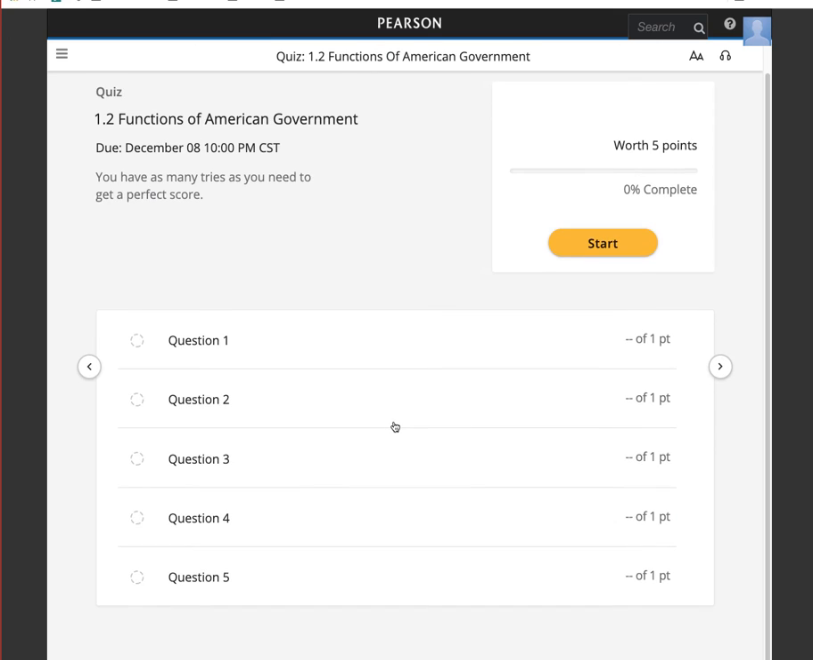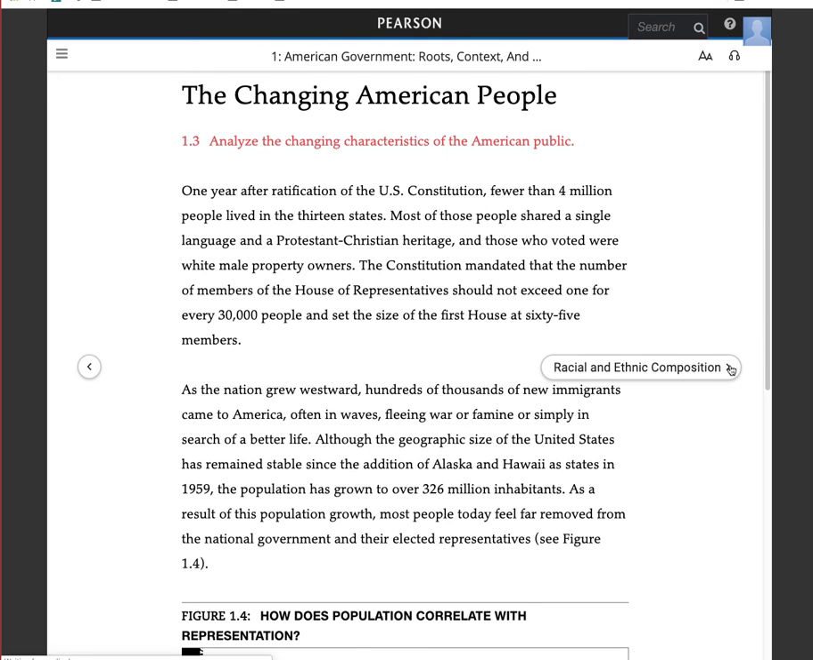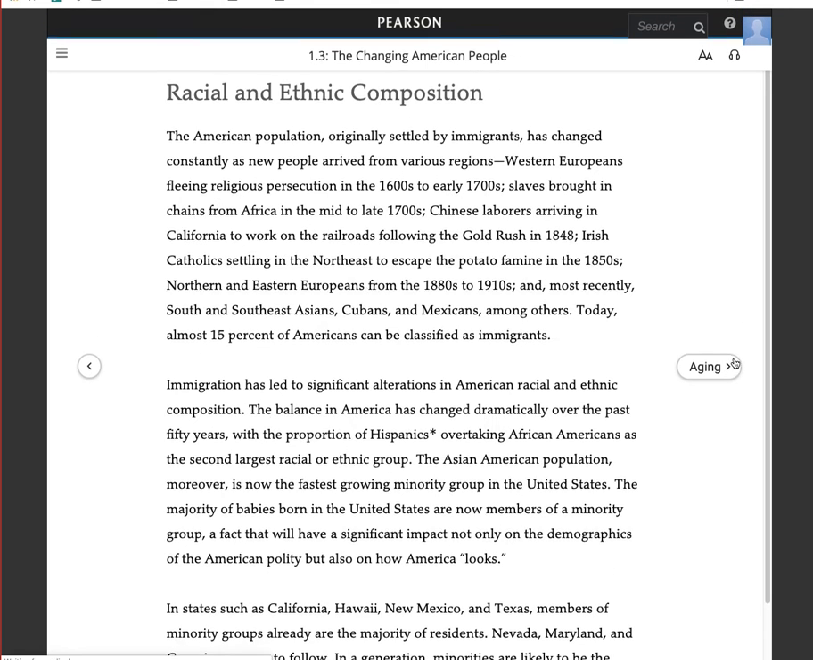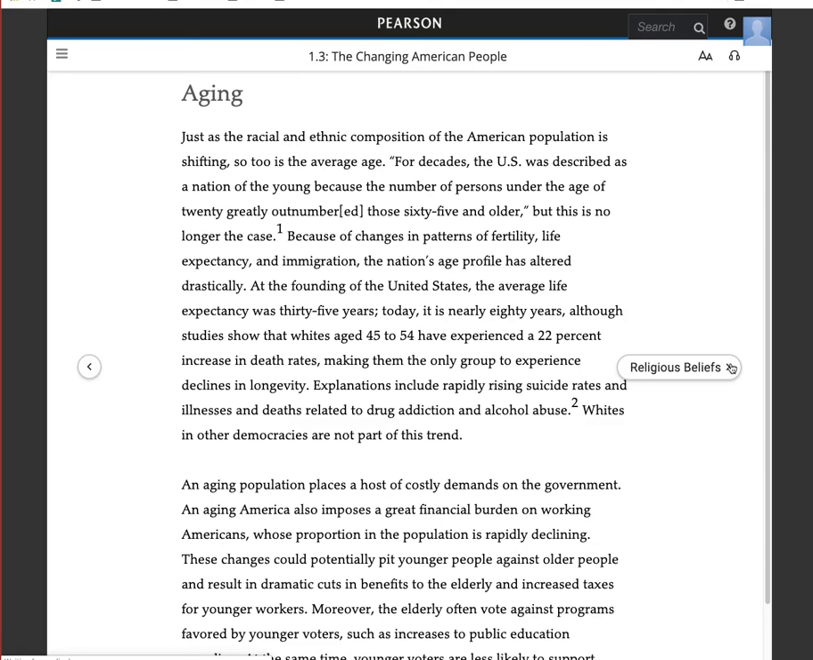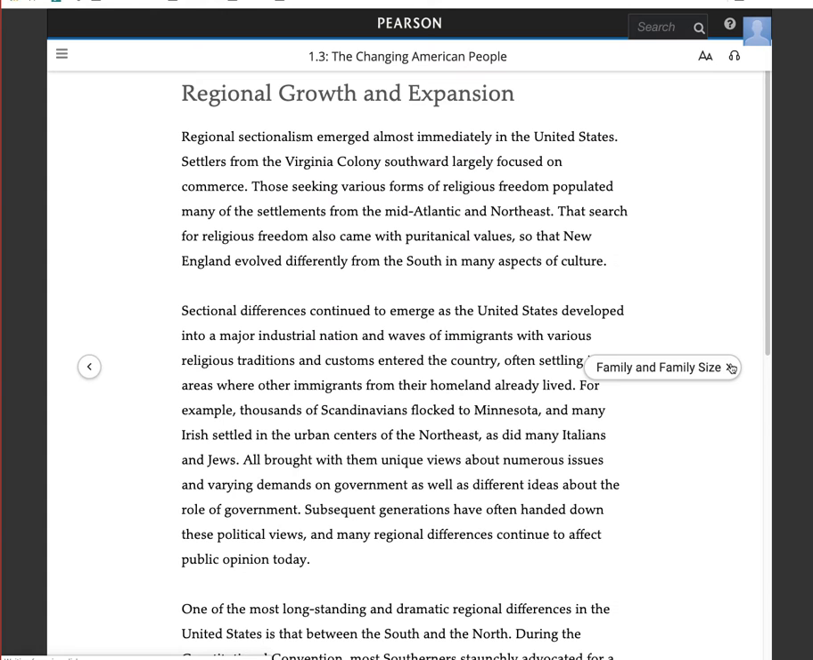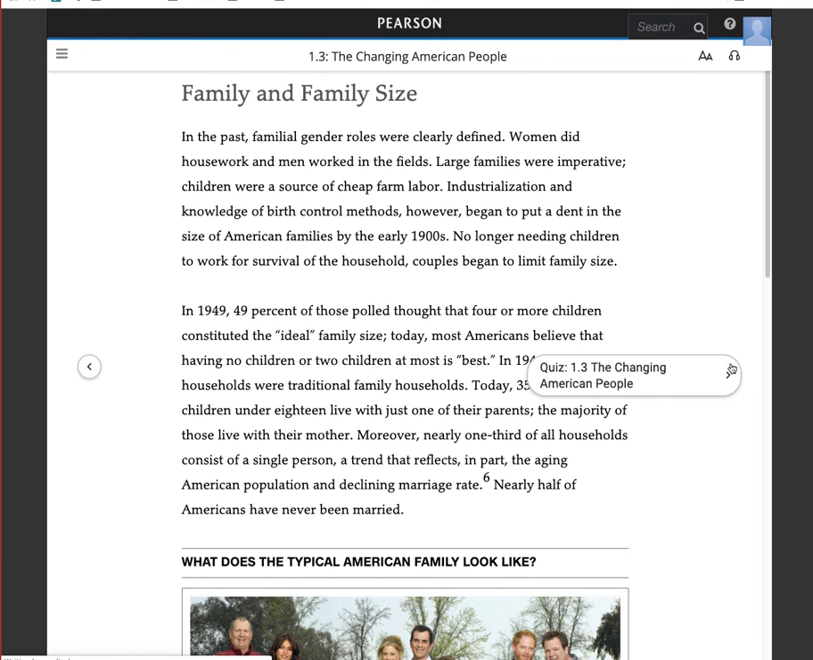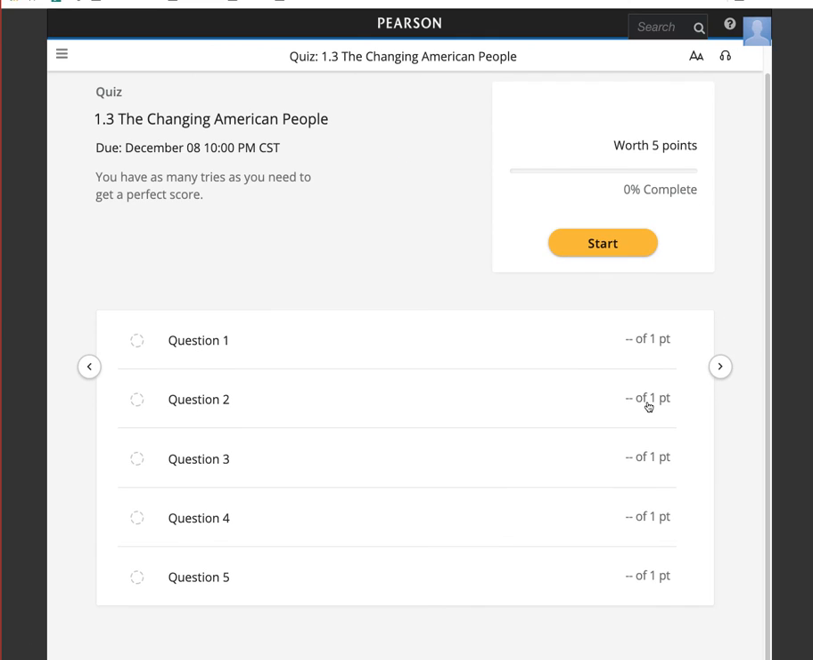And there again, you see another one of the short quizzes for the second part of chapter 1. Now, there are 2 other things I want to show you besides the reading and the short quizzes. And one of those is